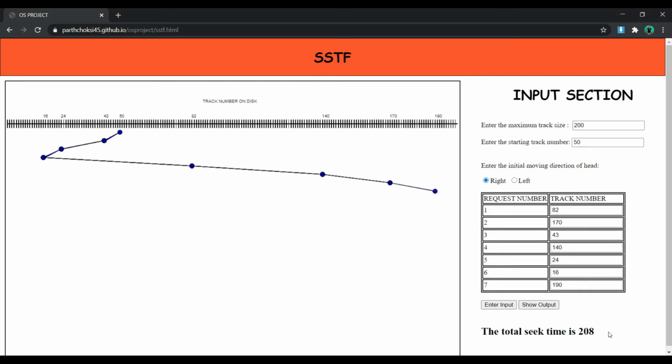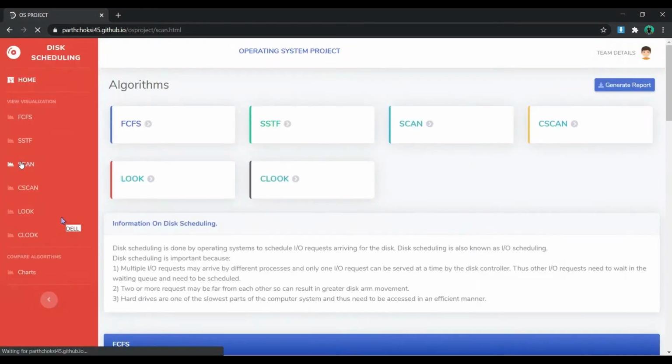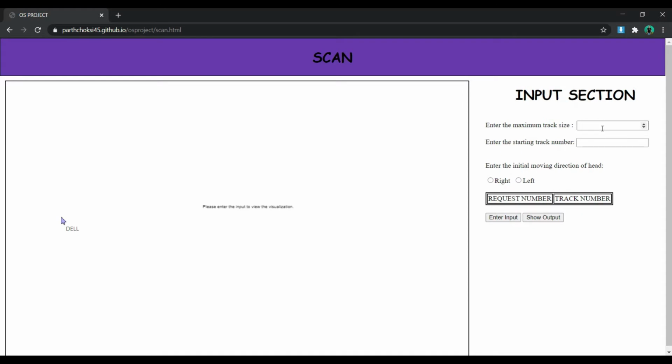Now we will run the SCAN algorithm. SCAN is also known as the elevator algorithm. We will see it by plotting a graph, taking the same previous inputs.